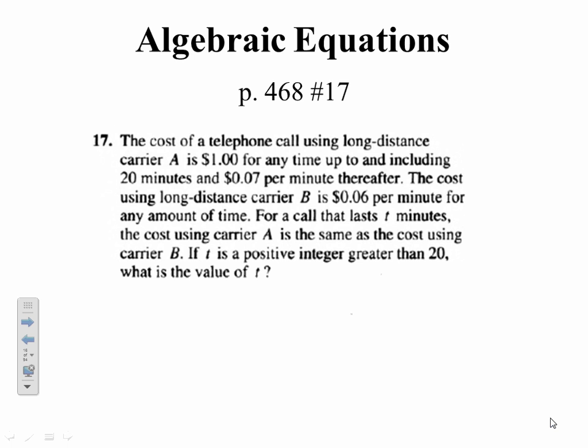Okay, so this is essentially a problem asking you to translate English to math. So let's go through each line and translate it bit by bit. So for carrier A, the cost of a telephone call using this carrier is $1 for any time up to and including 20 minutes, and then $0.07 per minute